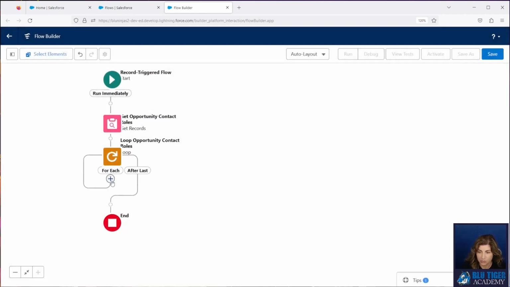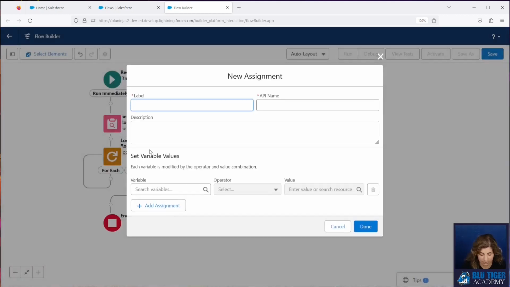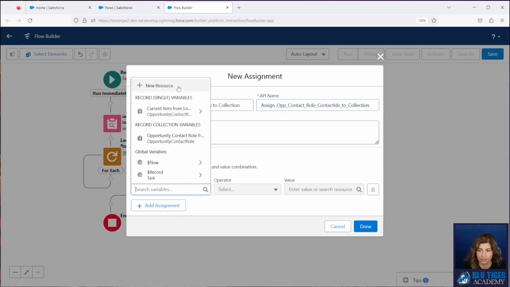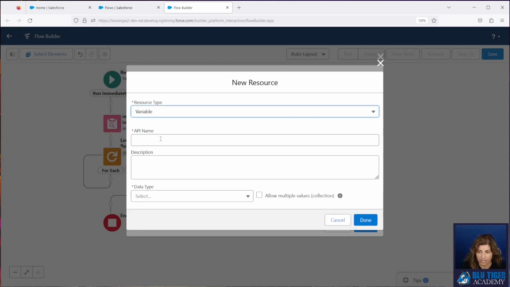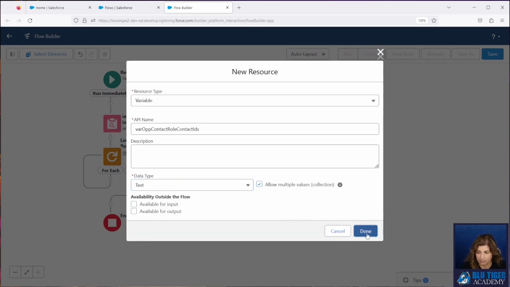All right, so I'm going to loop each of these records, and then I'm going to assign the opportunity contact role's contact ID to a collection. So I will create a variable called contact role contact IDs, and this is going to be a text collection.